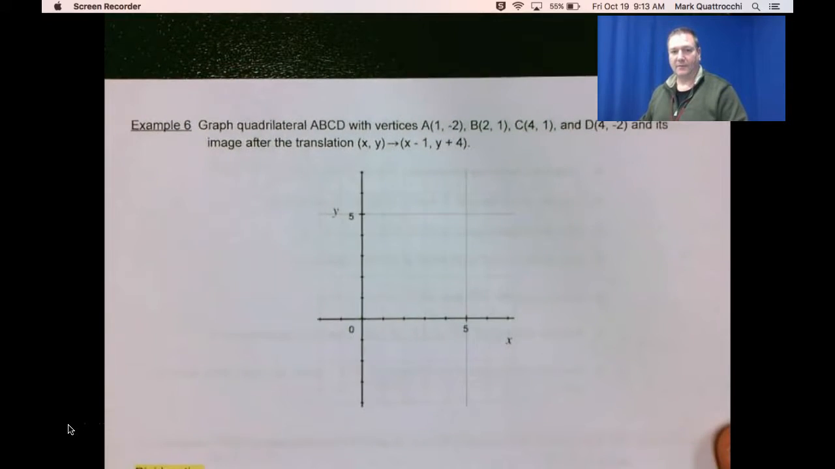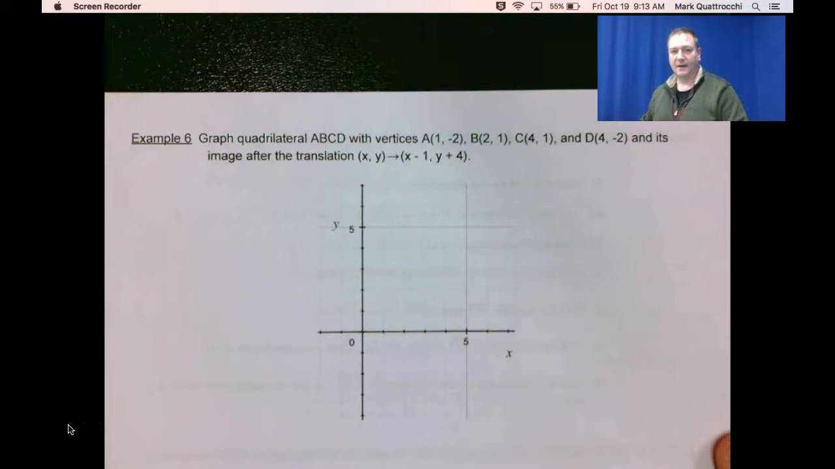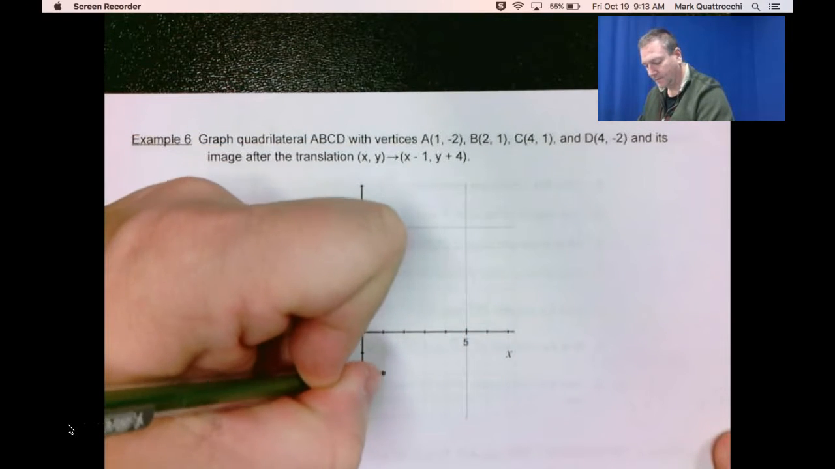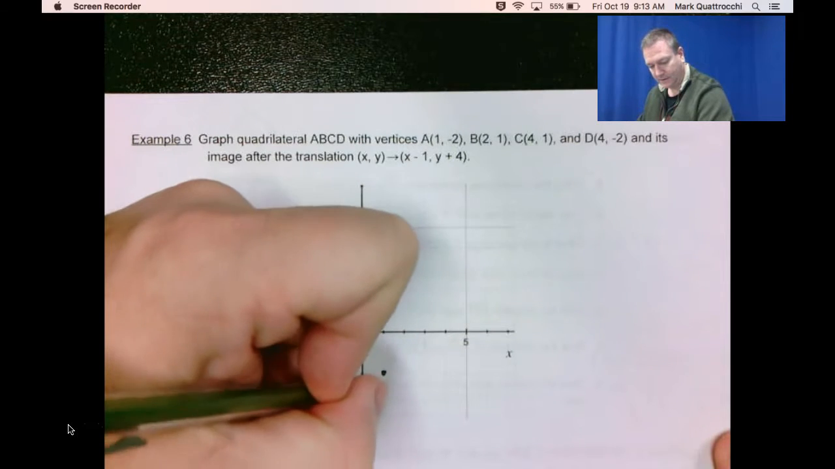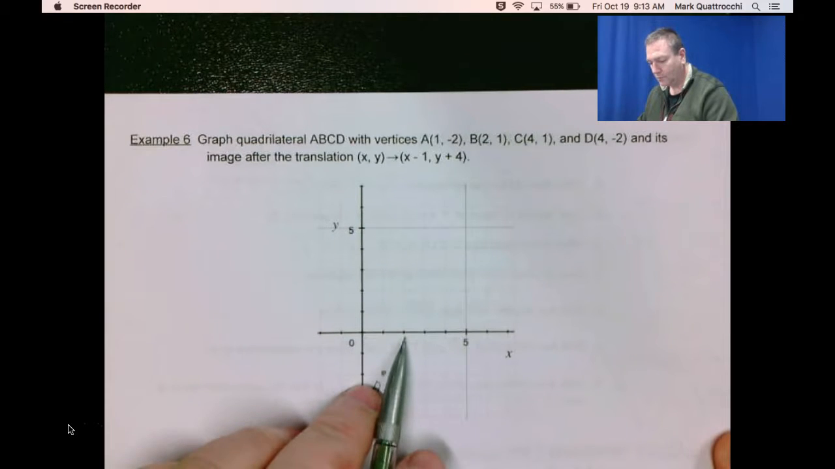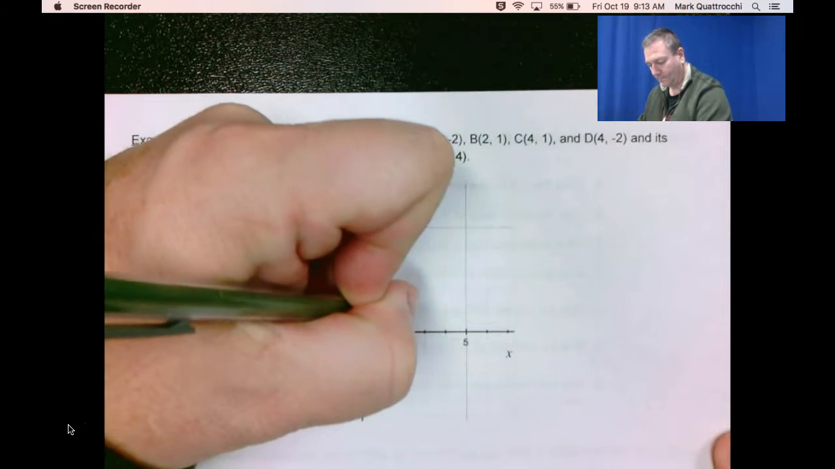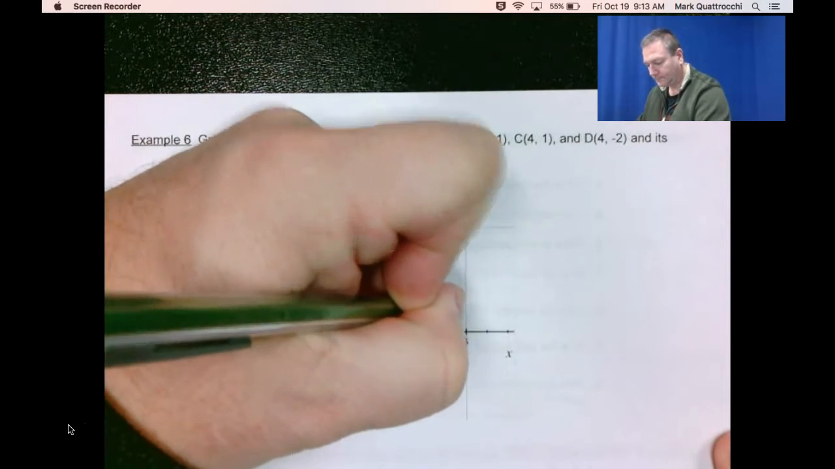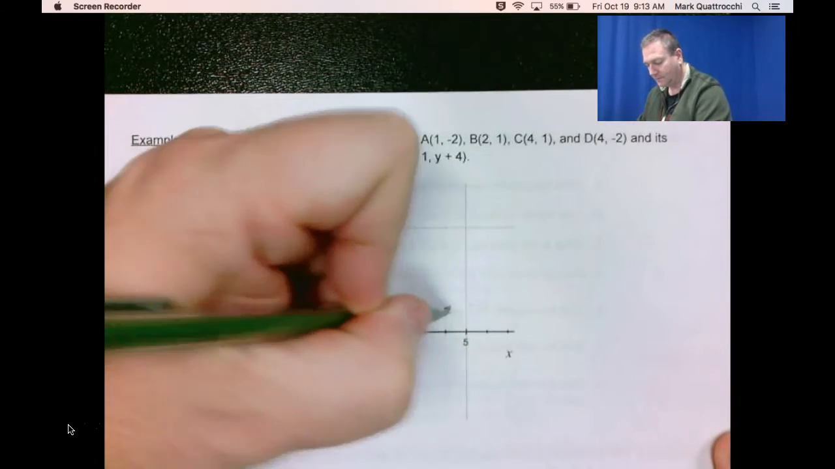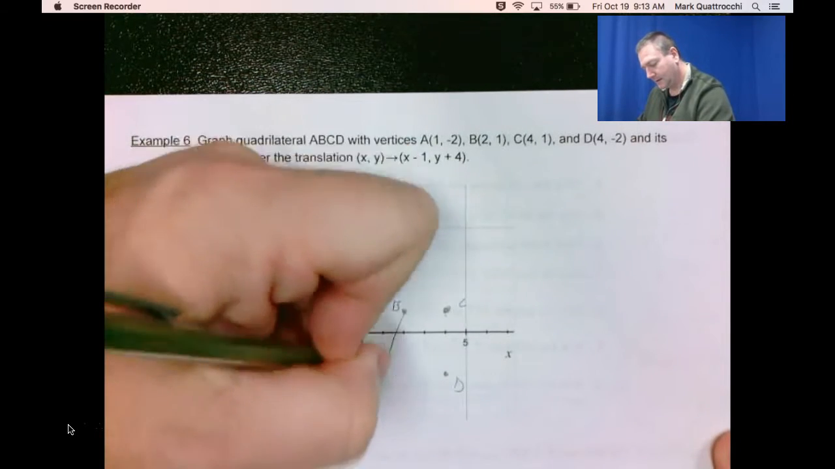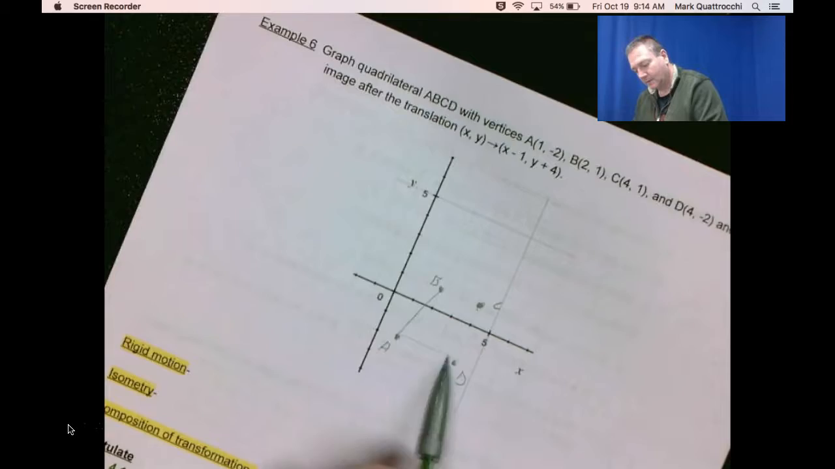Graph quadrilateral ABCD with the given coordinates and its image under this rule. So A is at 1, negative 2. So there's A. B is at 2, 1. There's B. C is at 4, 1. And D is at 4, negative 2. So there's C, there's D, and there's our quadrilateral